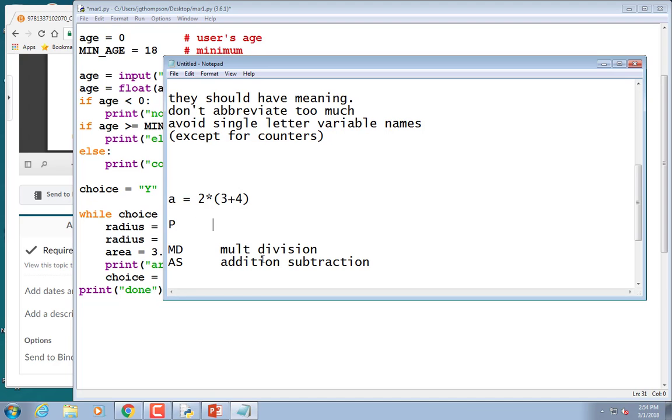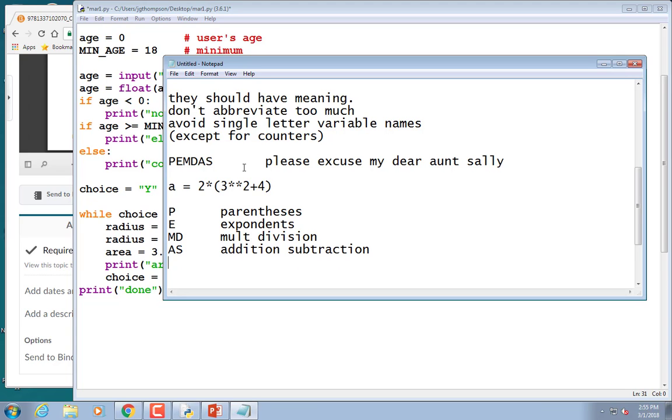So P, parentheses. And then exponents. If we had to the power of 2 there, that would have to be the first thing that was done before anything else other than the parentheses. But in order to solve the parentheses, in this case, we would have to do that first. So exponents. So you see why they came up with PEMDAS. And the silly mnemonic, please, I didn't make this up. Please excuse my dear Aunt Sally. Helps you remember it? Great. You already know them, I'm pretty sure. Maybe the exponent